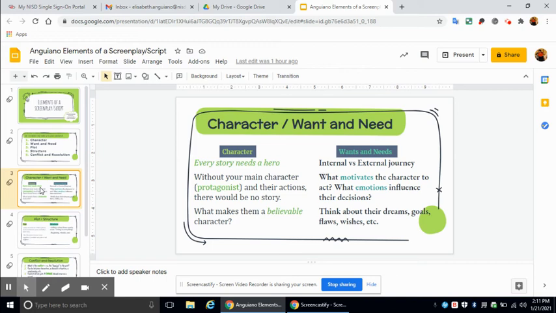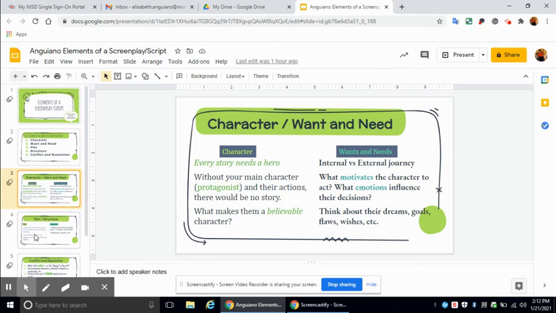So the object of the hero's pursuit, okay, that would be what they want. But what turns out to be the true solution to their flaw or problem is another. It's their need. And that's what ends up changing their life. Okay, so that's important. The external journey can be specific to the main character, but the internal journey is more reflective and universal, something that the hero has to learn or has to change about themselves. Okay, so that's the first two.